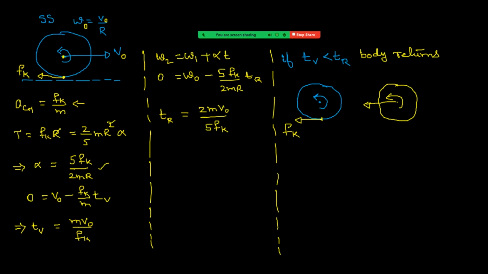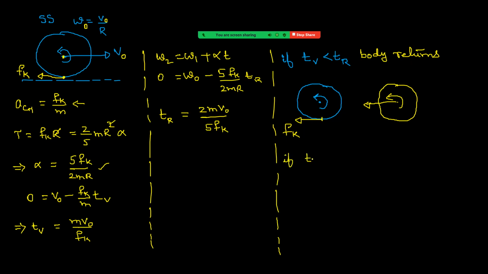See carefully. Only rotation because v is zero. Get the point: at one point of time, it has only rotation according to this condition. So friction is now left side. Net force left side, a CM is left side, therefore v CM also left side. Its meaning is the body is moving backward. That means the body returns. Therefore, the condition is: if velocity becomes zero before omega becomes zero, the body returns. Next,